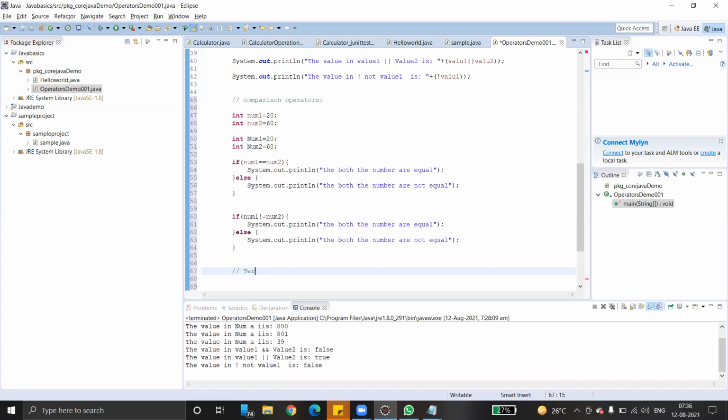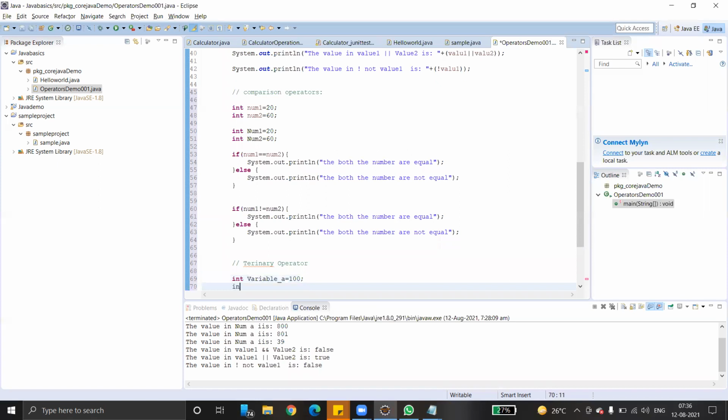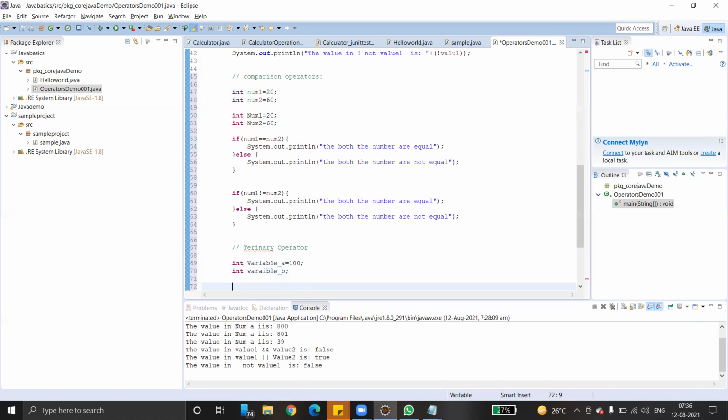Ternary operator. So here we have integer variable_a equals 100. Then we are creating another integer variable_b.